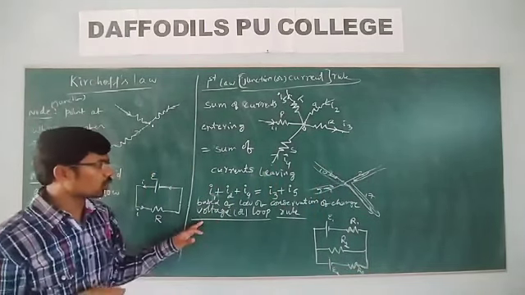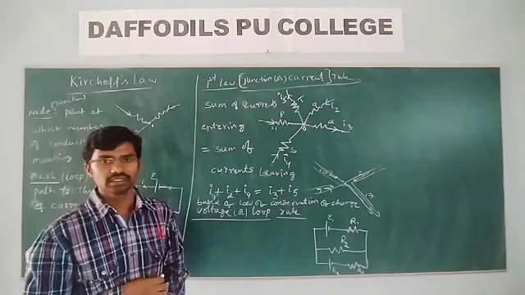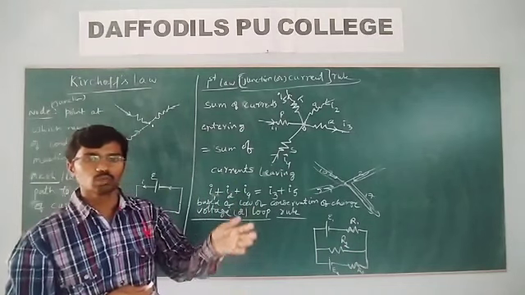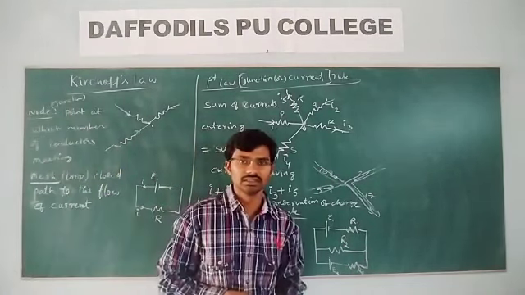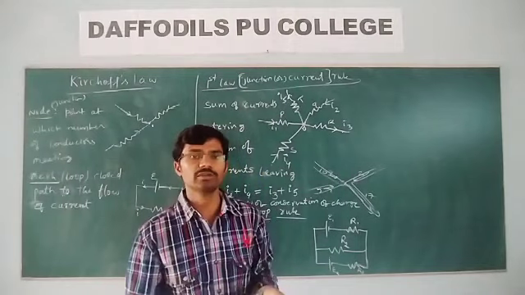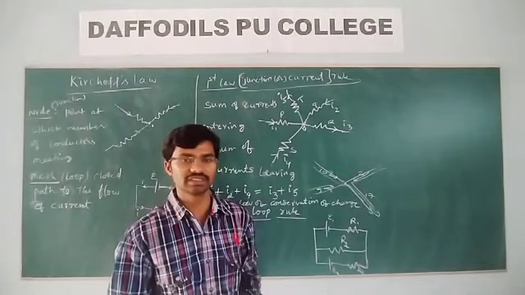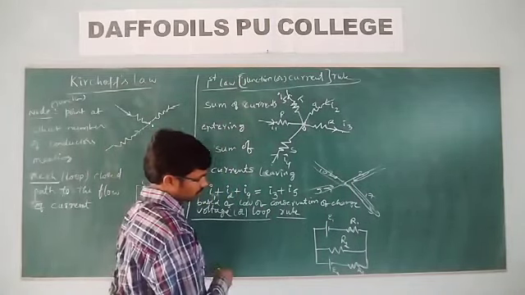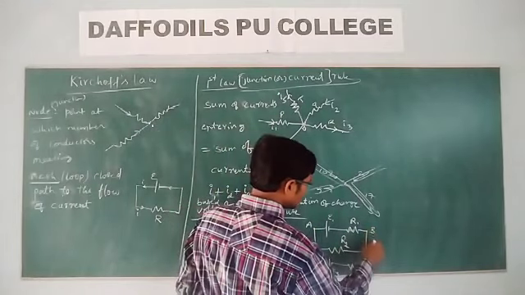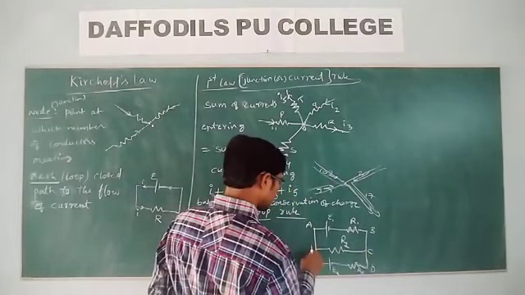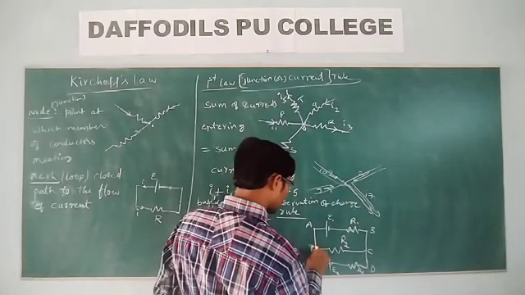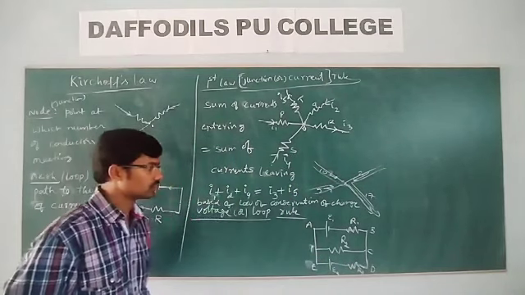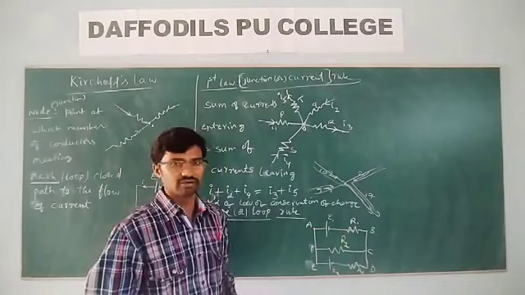Now how can we apply this voltage rule or loop rule? EMF is nothing but the work done in moving a charge from one terminal of the cell to the other, or around the complete circuit. Now in this case, let me label the points A, B, C, D, E, F.